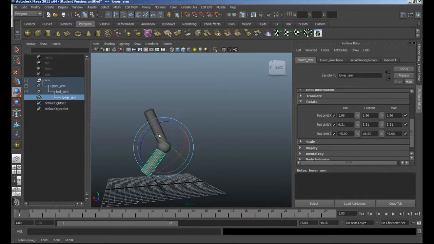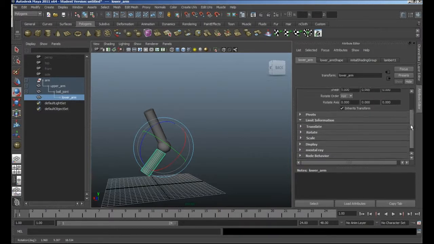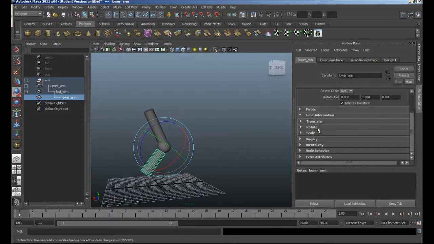So this helps stop people from breaking models, if you like, or rotating accidentally too far in one point of view when animating. And you can do that with translation, rotation and scale. So a nice little extra tip there. If you're ready to start animating, just to finish setting up your model before you start animating, go into the limit information for those joints that are important, and set up the limit information so it's accurate and correct, and that will save you making mistakes when animating. I hope that's been useful, and